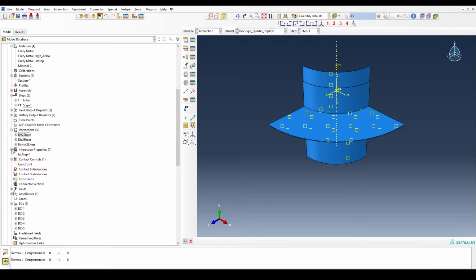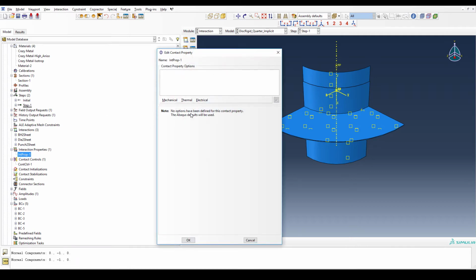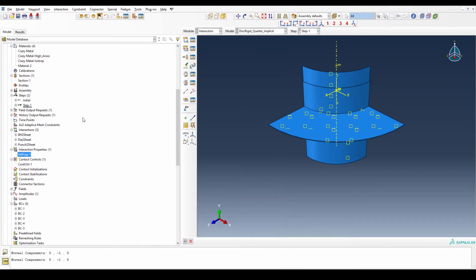So we talked about the interaction, and so for the interaction properties, remember we talked about this. If you keep it empty, that's like referring to a hard frictionless contact, whereas this might actually work better, don't ask me why, than if you actually specify a hard frictionless contact. So don't get confused by this empty